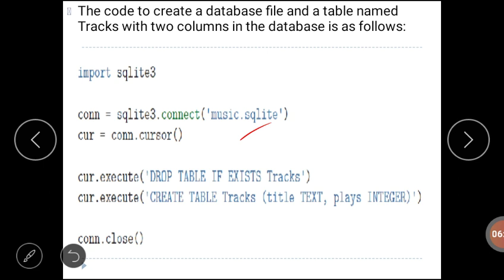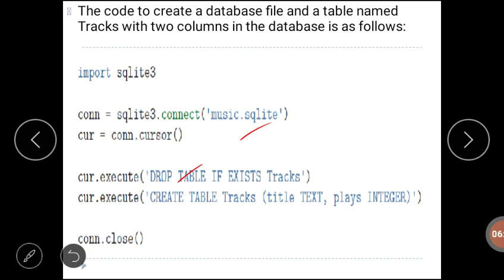In this program, we are trying to remove the database table tracks, if it existed in the current working directory. The drop table command deletes the table along with all its columns and rows.